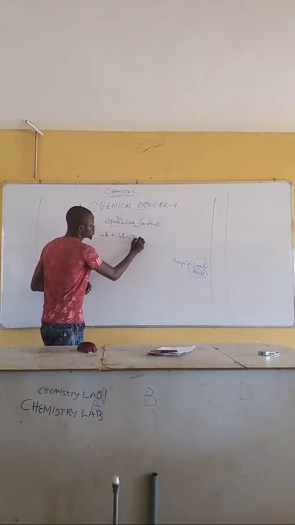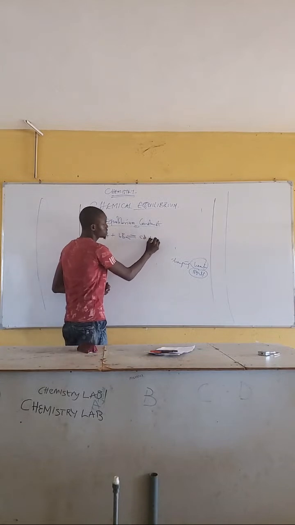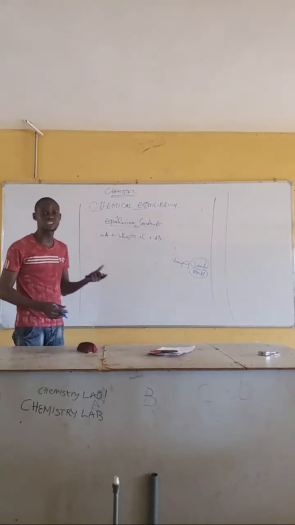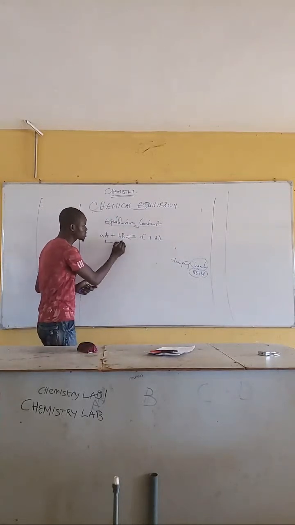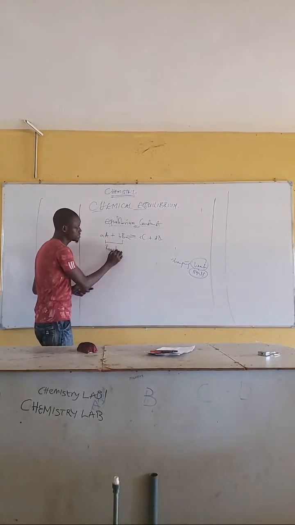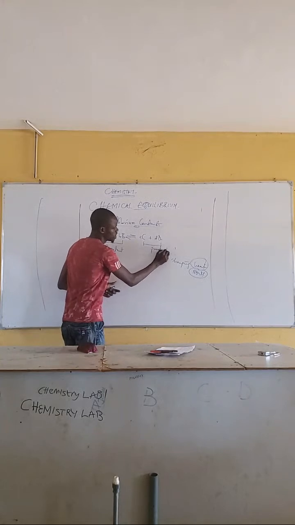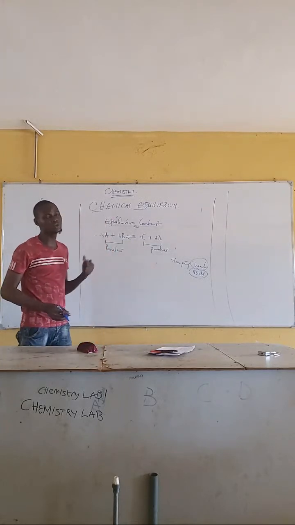B to give rise to C plus D. Now, this is an example of what? A reversible reaction, whereby we have the reactants here, and they give rise to the products of the reaction. Now, when we say equilibrium constants,